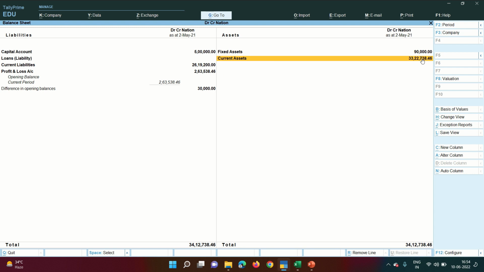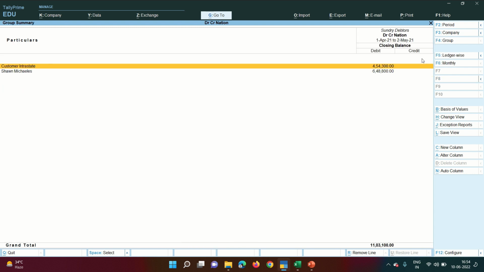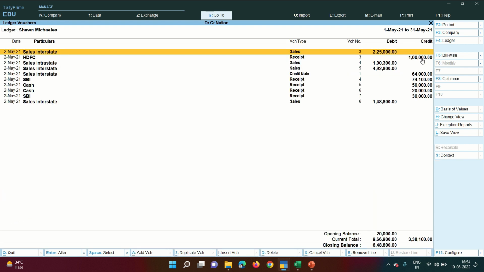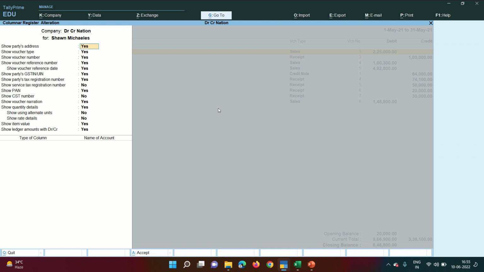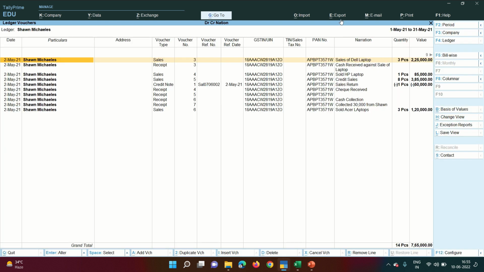So under current assets, sundry debtors, Shawn Michaels. So now I see the balance which was 5 lakh, now it has increased by 1,48,800, and this is my balance. Now if I want to download what are the transactions I have done with Shawn Michaels, what I can do is click on this columnar. So I can add more columns to it, like these many fields I can add. So let me add all the relevant fields available to me. I'm going to click on export